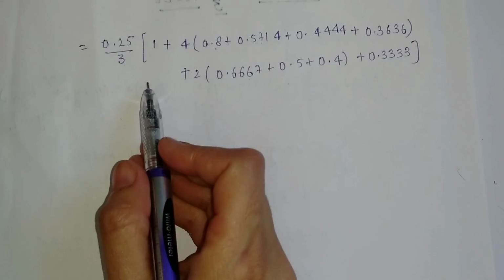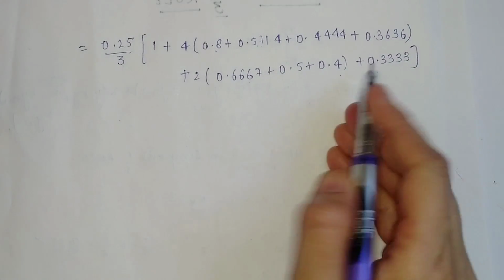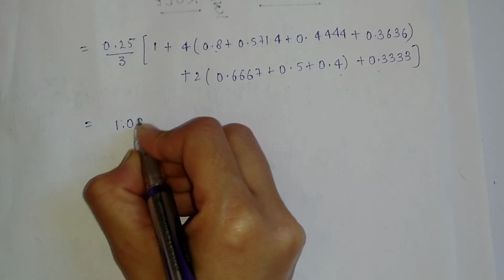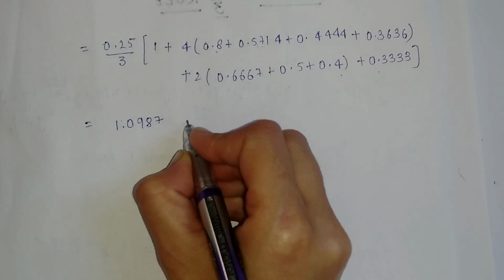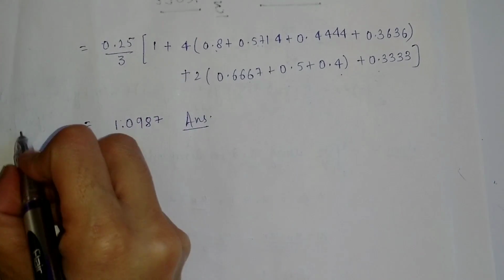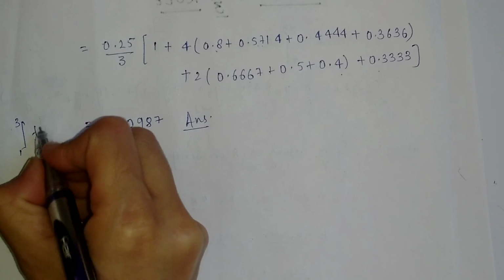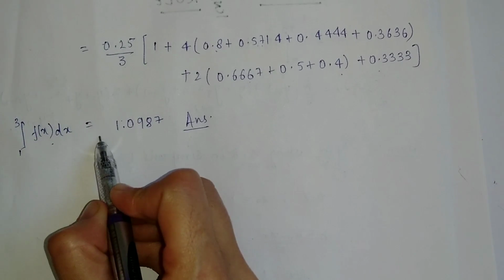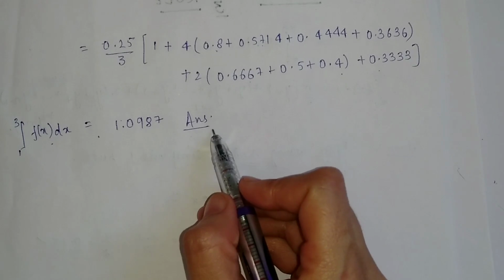So solving all these things, the answer which comes out is 1.0987. So this is the answer for the given integral, and we can verify the result using simple integration, which we solve